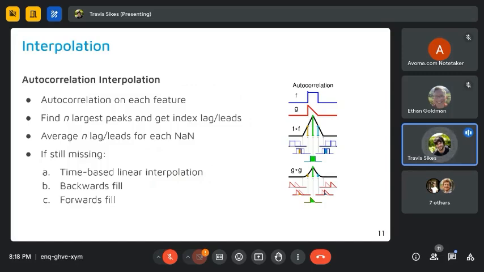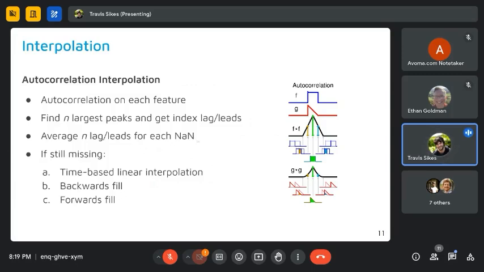This is also very useful because it automatically picks out how the signal is behaving similar to itself. Even if the signal is cyclical at 36 hours, we'll still see that, and we will still use that when we're averaging. So this is very, very flexible.